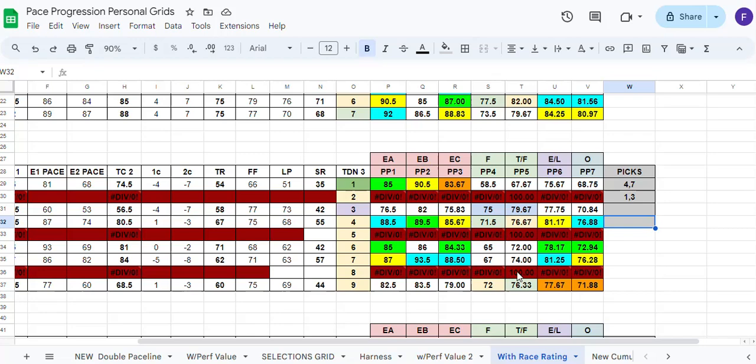And then I'm going to use the 9 horse as my C. And I'm going to lean toward the late because we already have enough covered early. And this 6 horse, again, he's showing me something early. And those early numbers that he's showing me is good enough to keep him in the final categories over here, the early, late, and the overall. But that's all due to the early